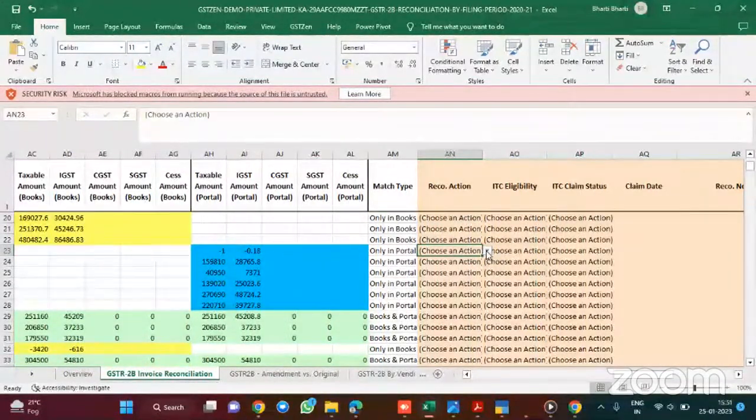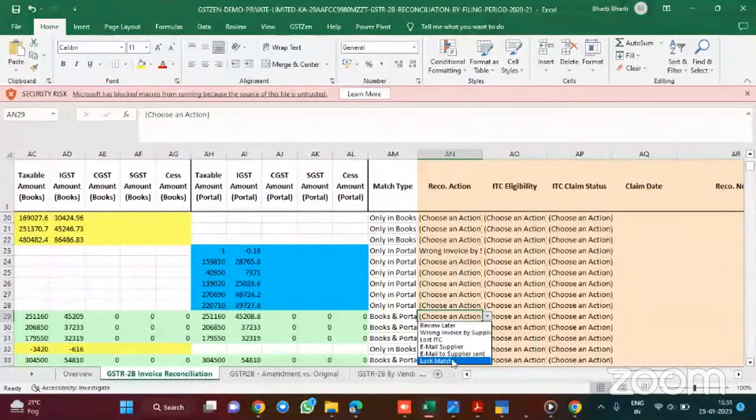You can review later, or it might be because the invoice has been wrongly uploaded to your GST number by the supplier. Let's say there are two parties, A and B. Instead of creating the sales invoice against party A, the supplier has created it against party B. In that case, it would be a wrong invoice by the supplier. And once an invoice is matched, you can choose to lock match that this is correct.